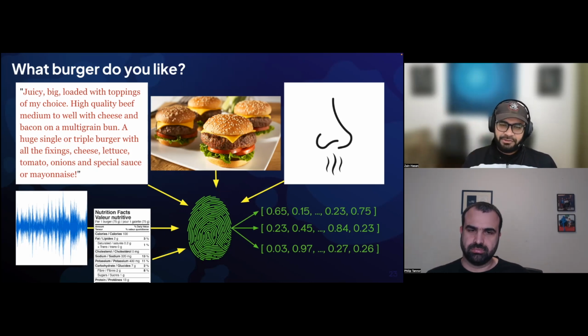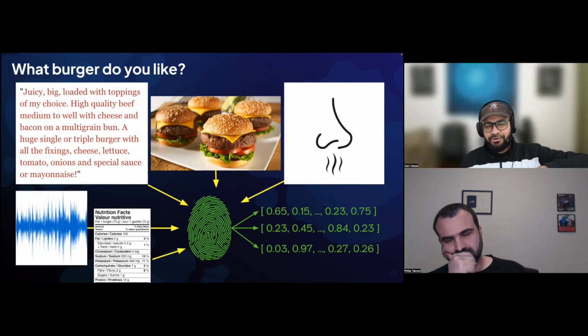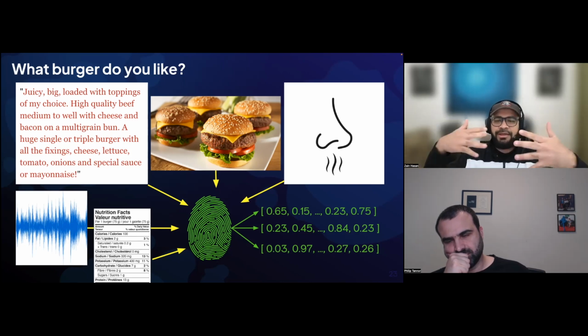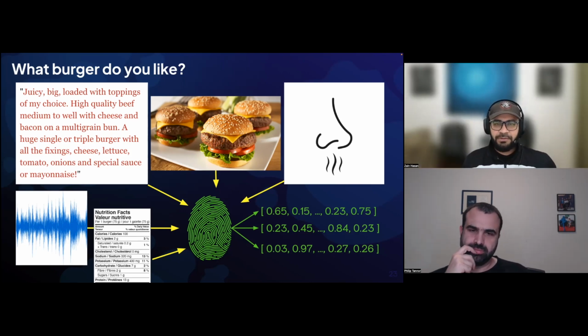through its three modalities. And now you can perform cross-vector search, cross-modal search across these three representations of the same object, right? So you can say, rank for me the best looking burgers based on this person's preference, the best described burgers and the most nutritional burgers, and then you can do this re-ranking across modalities, which is quite powerful.